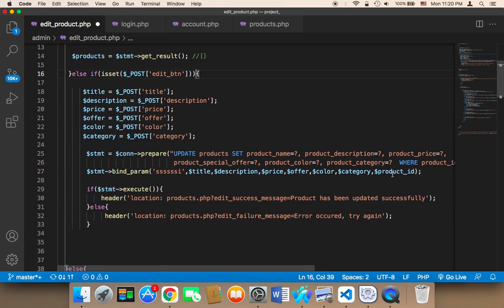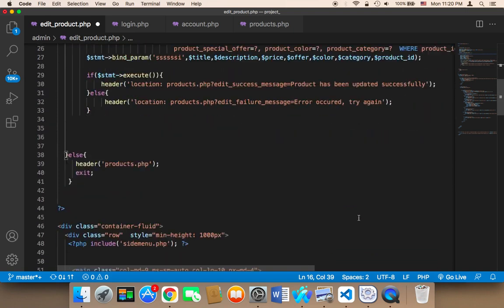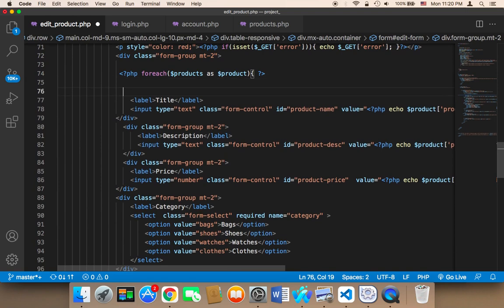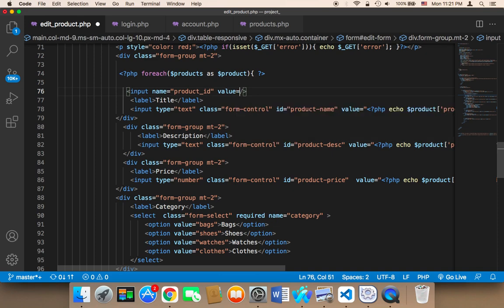Since I'm going to make the request on the same page, the product ID is going to be null. Therefore, we need to store it in the form in a hidden field. I'm going to say input, and then name is equal to product underscore ID, and the value is equal to